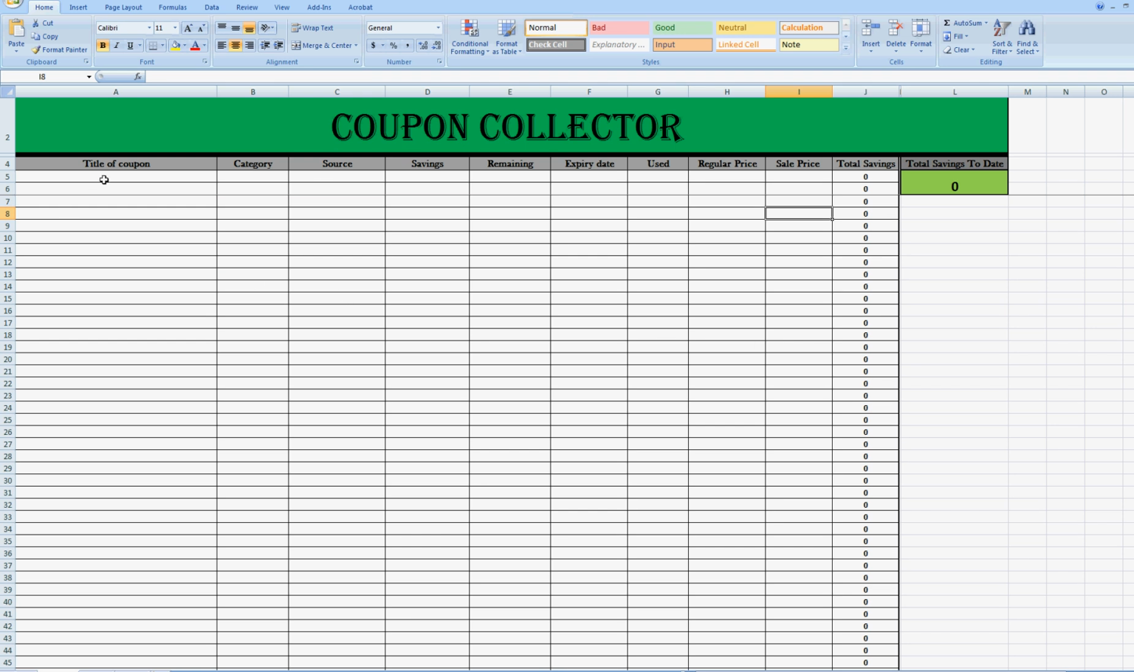Again, you've got your title. Over here, you've got your title, your coupon. So just for the sake of testing it out and showing you the functions of the sheet itself, we're going to say that your first coupon that you have is for Majesta tissue. Again, you can set this up as a category of hygiene. Your source, you can say that you got it in the mail. This is just for reference as to where you got this in case you might want to look for more. And again, your savings, maybe it's $2